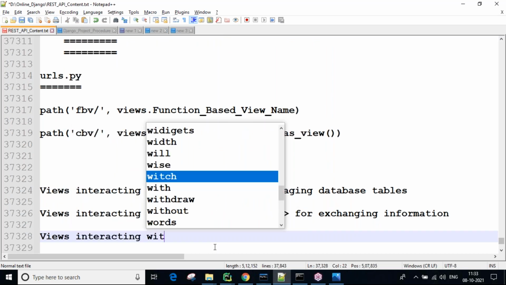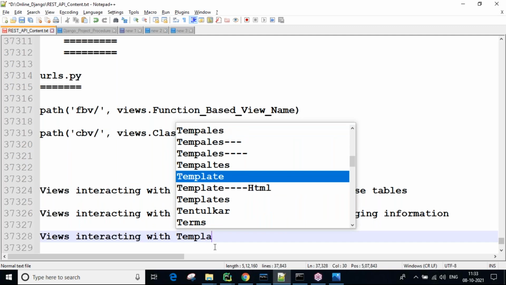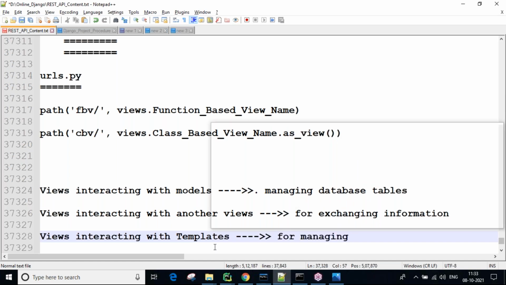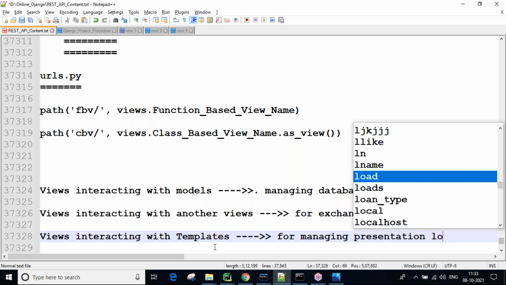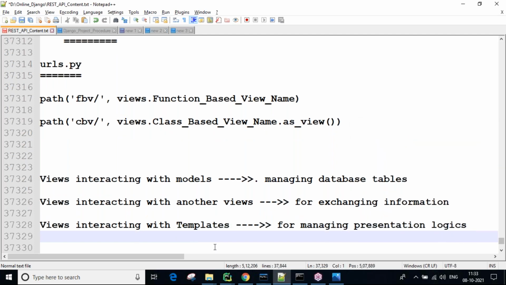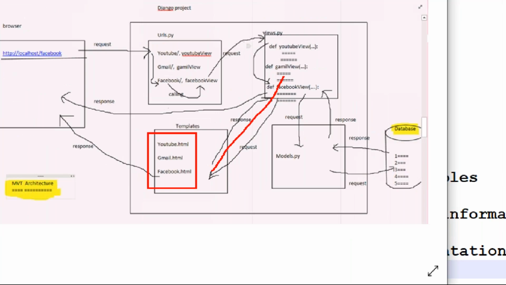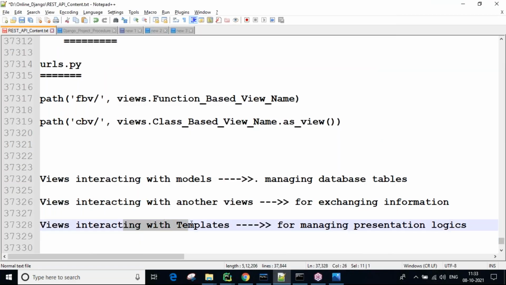And next, guys, views interacting with templates, for managing presentation logic. View to templates, nothing but this one, is for managing the HTML files. Views interact with the templates for managing the presentation logic of our application.